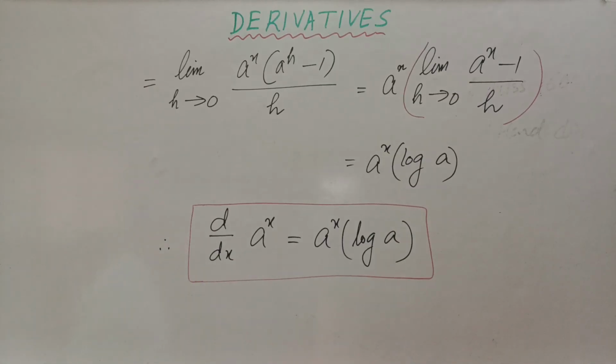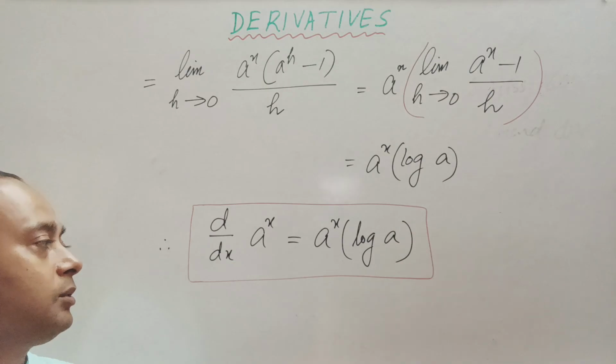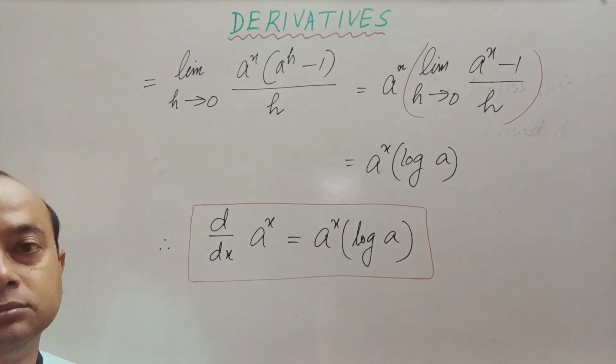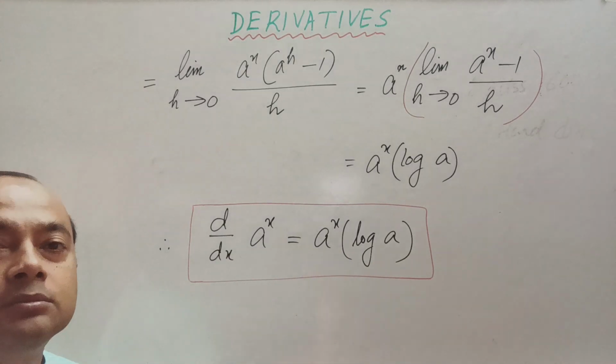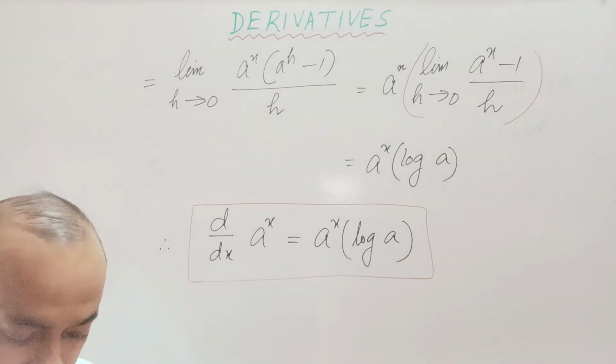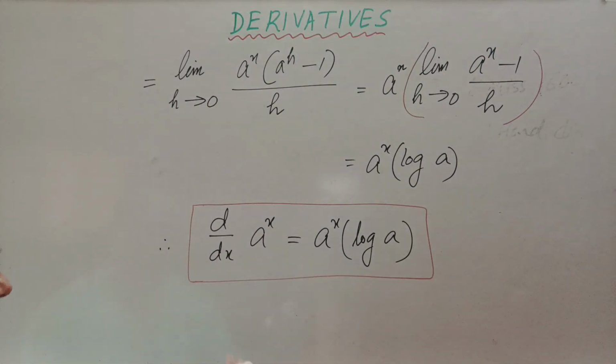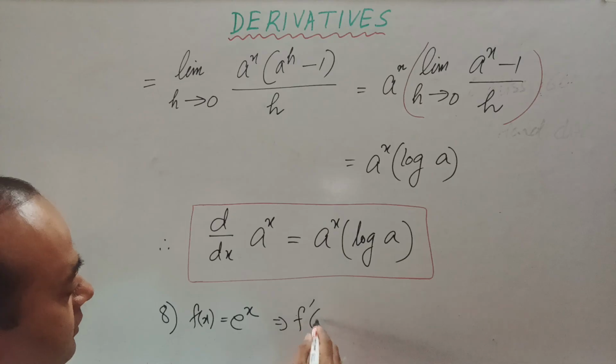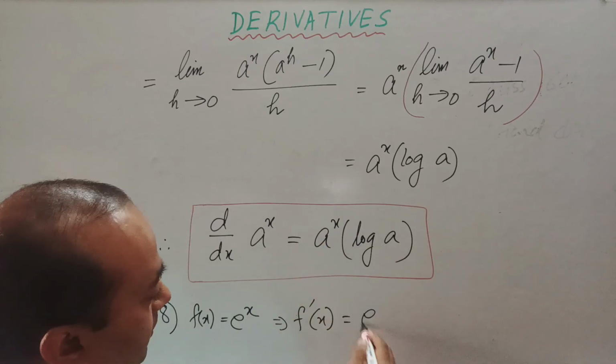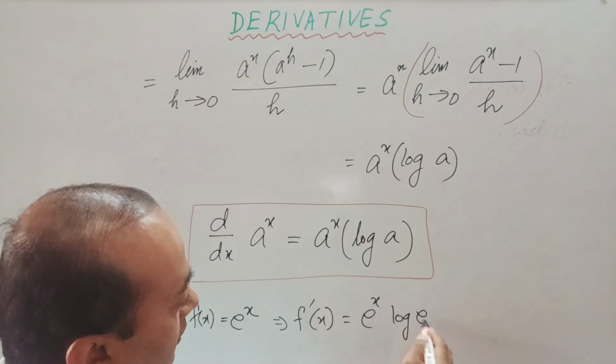Therefore, we can write down d/dx of a to the power x is equal to a to the power x log a. From this only, we can have one more example. You can say, if we write example number 8 as f(x) equal to e to the power x, that means in the same example, this a is replaced by e now, the exponential constant. So this implies your f dash x will be equal to e to the power x log e,